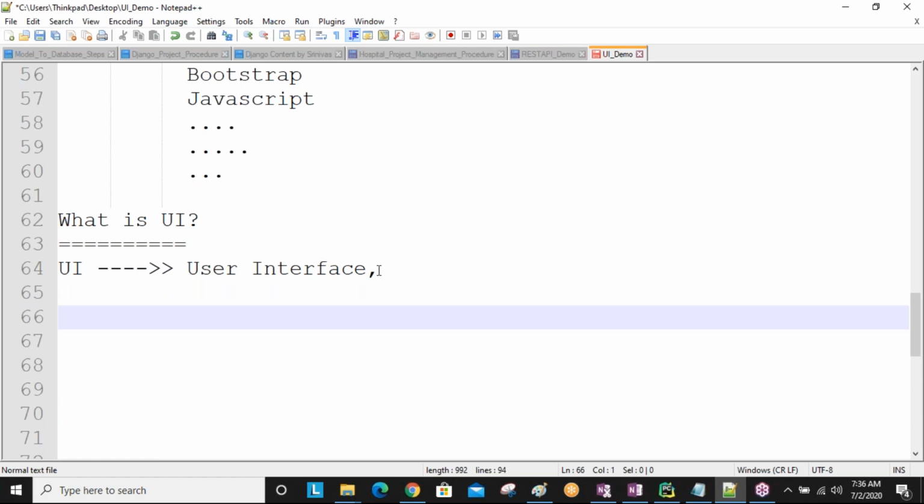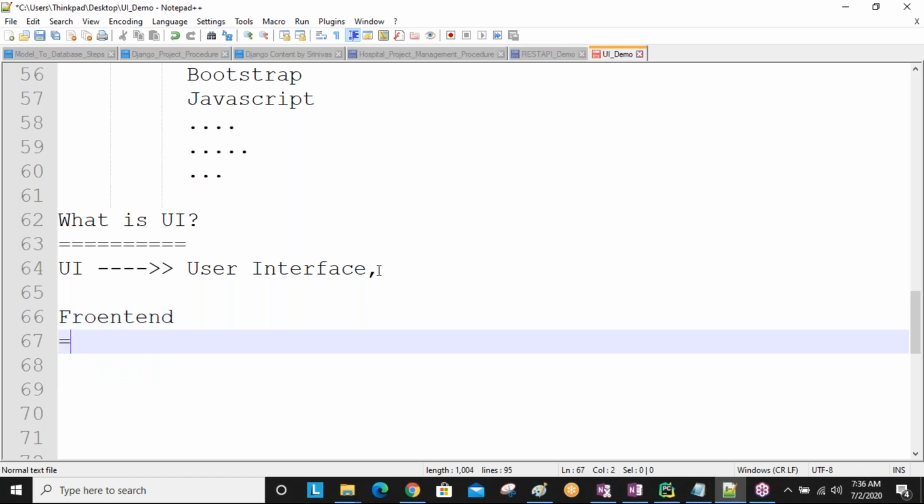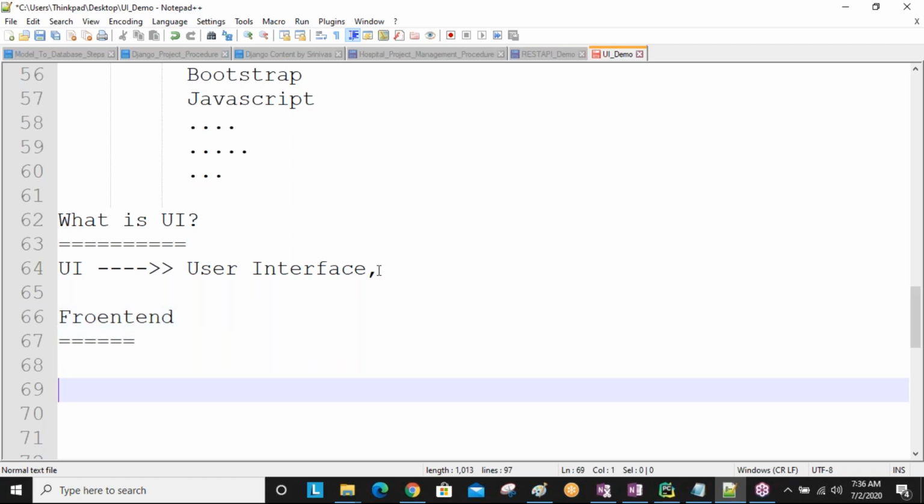Next, the front-end developer definition. Whom are we calling a front-end developer? The people who know front-end technologies. The people who know front-end technologies, we call them front-end developers.